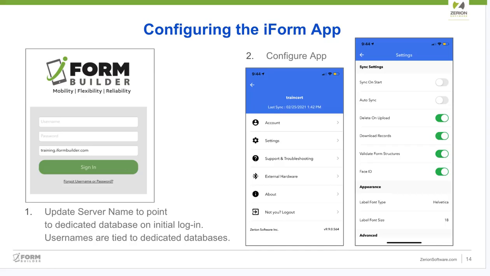During these next few steps, I'm going to show you how to configure the iForm app, and on my screen I will be showing an iPad. If you're using another iOS device, or if you're using an Android device, what you see on your screen should be very similar. The first thing we're going to do is we're going to update our server name to point